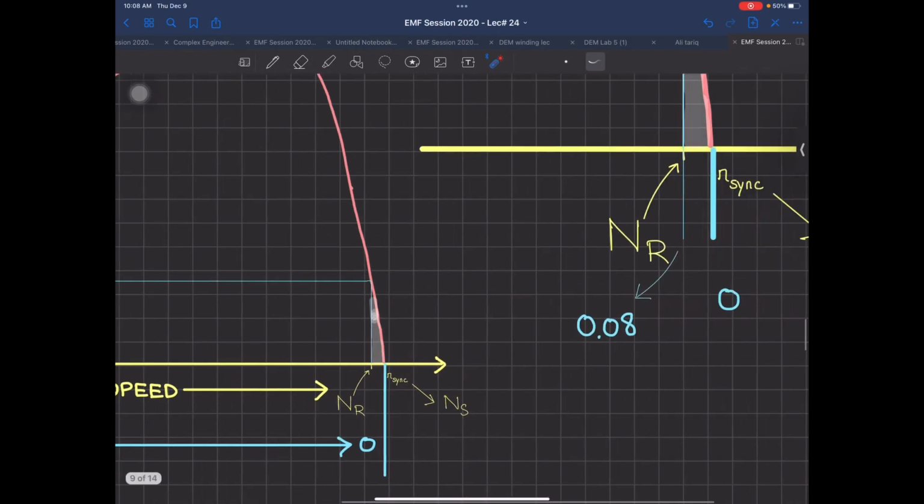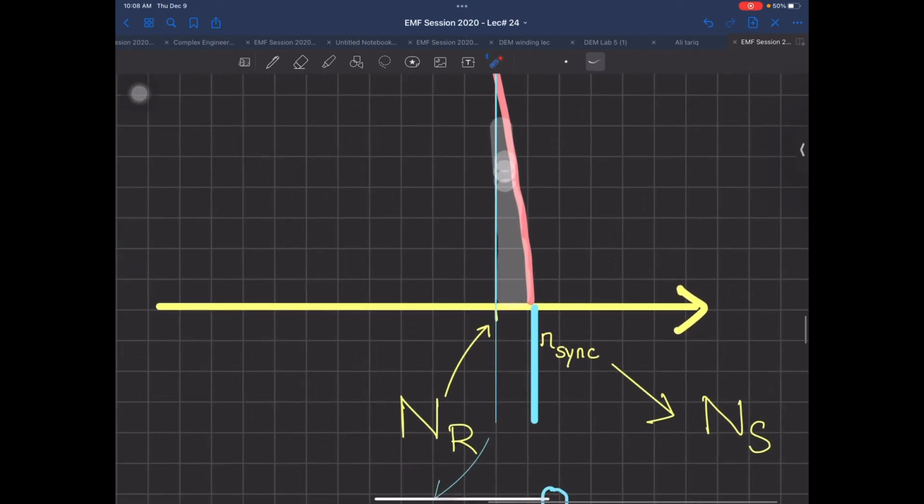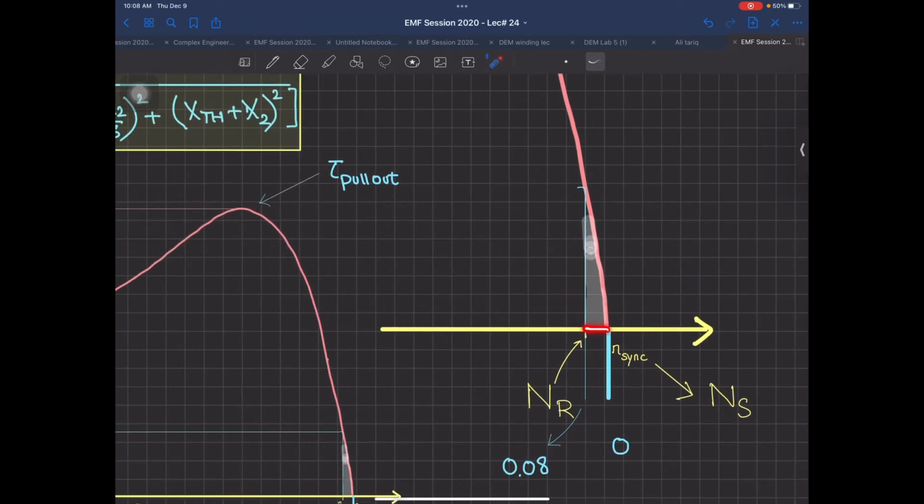Now I have zoomed this picture for you. You can see this is that same picture. When your machine starts, it will be somewhere here, and as the load increases, your speed will decrease a little bit. But you can see the speed decrease is very, very small, just like 2%, 3%, or maximum 8%, because slip is 8%. So when the load increases, this is the region where your induction machine is operating within its parameters. You can see this machine has a very good speed regulation.